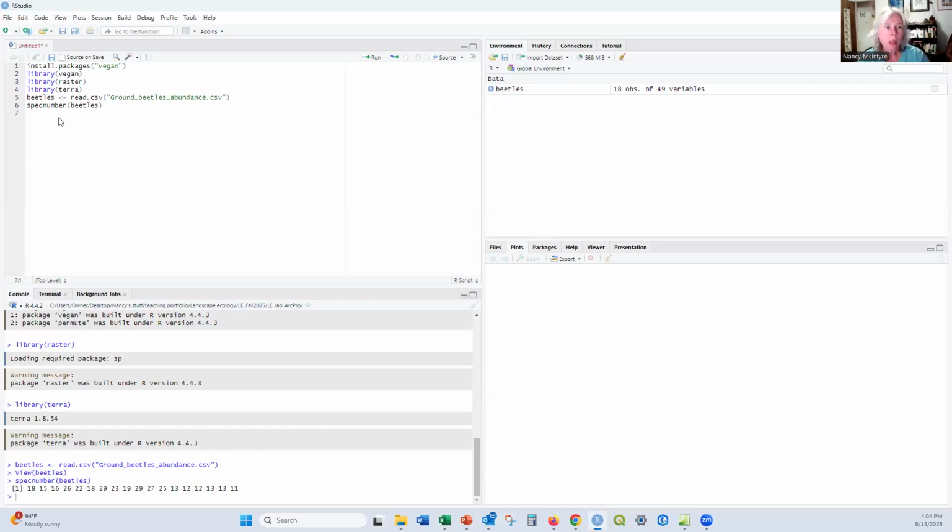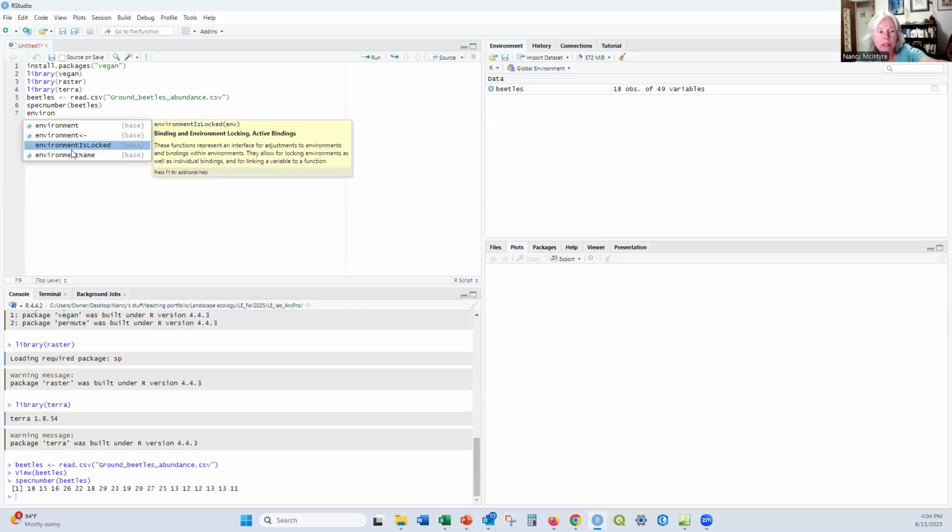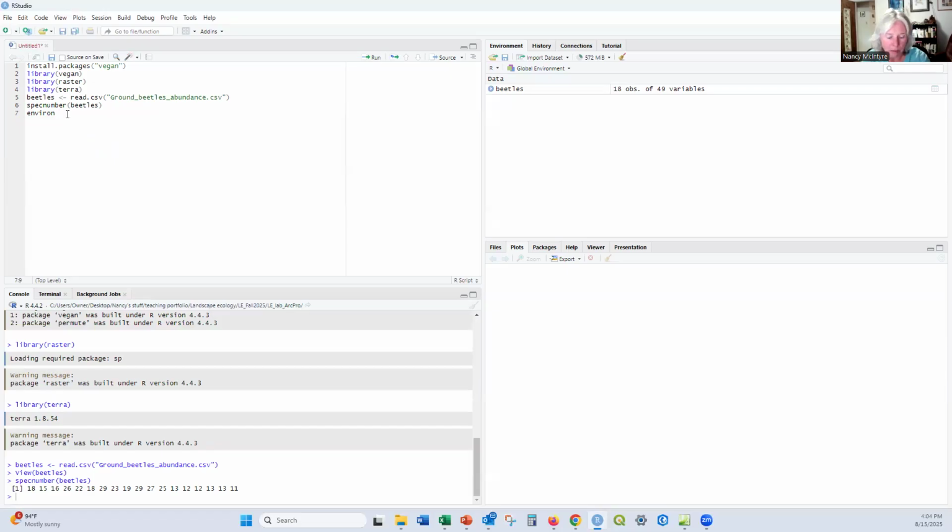So for these beetle data, I also know that there are some environmental data that were collected at those sites too. And so I want to read them in too. And so I'm going to give that new data set a name. I'm going to call it Environ. Notice how this pops up. Environment. These are functions. You don't want to give an R object the same name as a function. So I'm not going to use the word environment. I'm just going to say environ. That's good enough, okay? And the arrow,